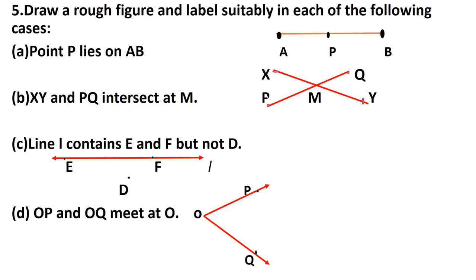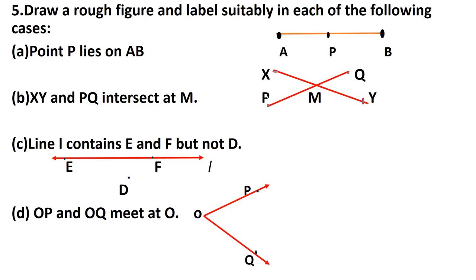Next is two pairs of intersecting lines. Intersecting lines, I have told you, are lines which cut at a point. So it is CO and AD. See CO, where is CO? Here is CO, and where is DA? These two lines are intersecting at a point B. So you have no need to tell where they are intersecting. You have to tell only the two pairs of lines which are intersecting. Now another pair is AE and EF.